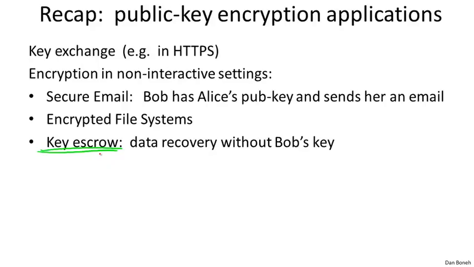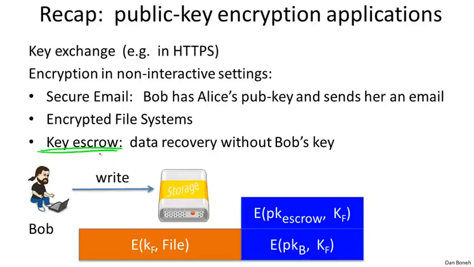So having Bob be the only one able to decrypt these files is simply unacceptable in a corporate setting. The corporation might need access to those files. So the question is what to do, and the answer is to introduce this entity called a key escrow service. And the way the system would work is as follows. Basically, when Bob writes his file to disk, his system, as it's writing the file to this shared storage medium,